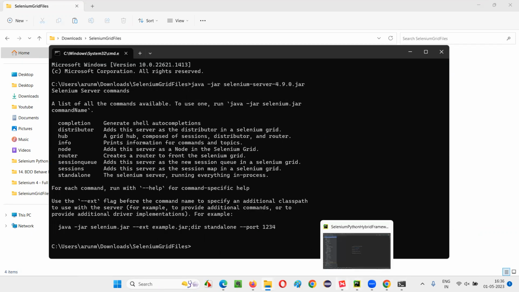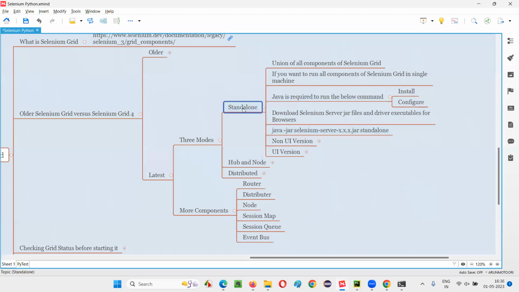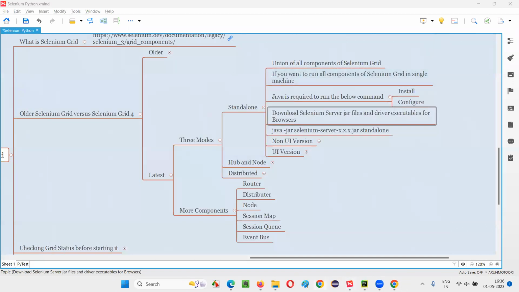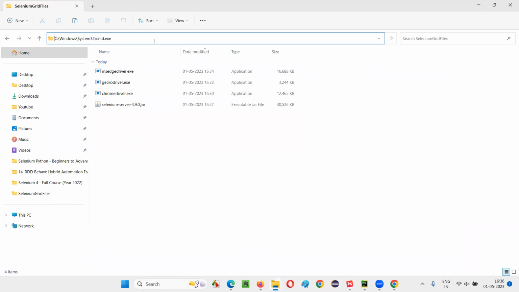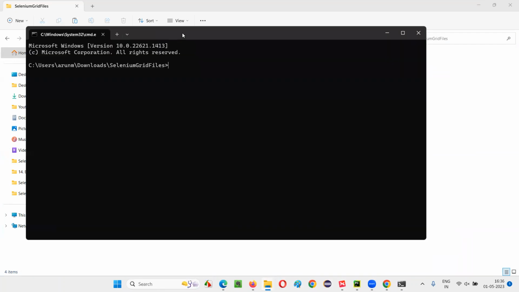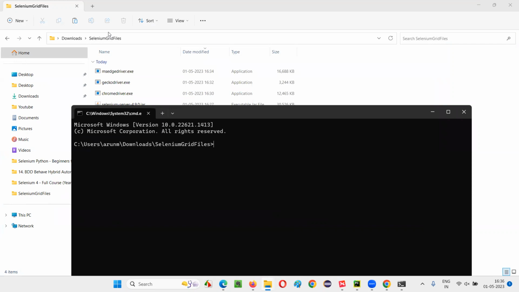Now I'm going to demonstrate the standalone mode: how to set up and run the Selenium Grid in standalone mode. Close this again, and from the same location, type cmd here. The command prompt will launch at the same path, where we downloaded the Selenium Grid files. And here we have to run the command java -jar